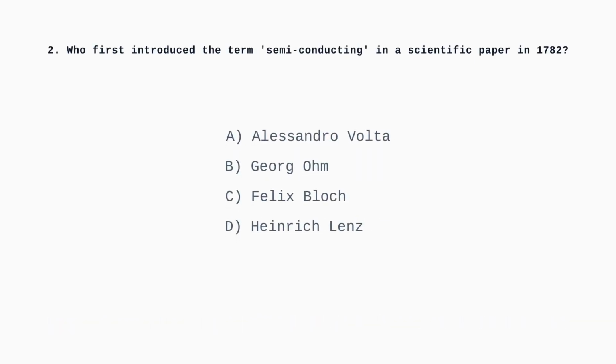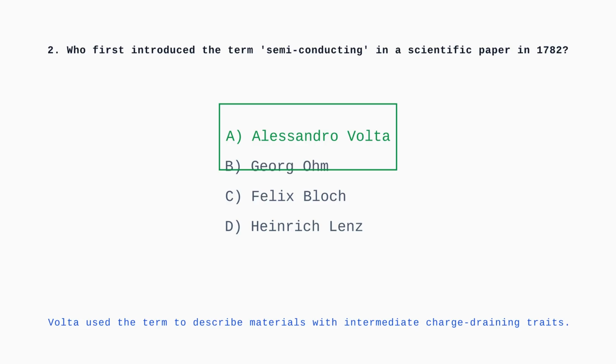of how metals behave. Question 2. Who first introduced the term semiconducting in a scientific paper in 1782? Alessandro Volta first documented the semiconducting nature of materials in a paper submitted to the Royal Society of London in